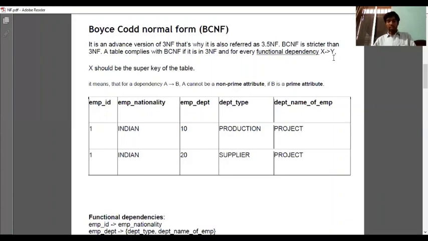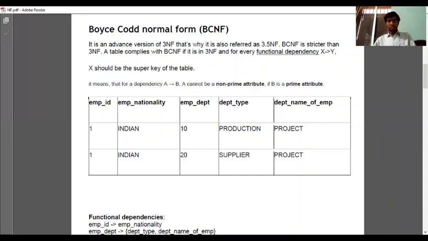So for BCNF, the relation should be in 3NF, and for every FD X tends to Y, X should be the super key of a table. One more term used: for dependency A tends to B, A cannot be a non-prime attribute if B is a prime attribute.